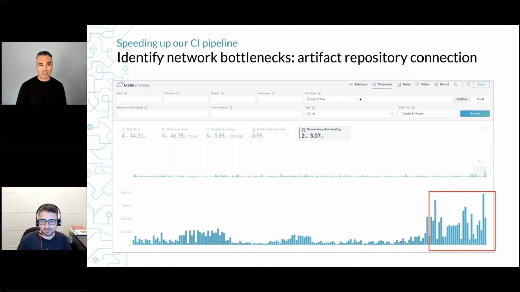We're looking at the build performance dashboard again. All the CI jobs in the last 7 days. And this time we're viewing dependency download times. It's telling us the average is 2 minutes, but something happened here. These blue bars are CI jobs, and the dependency download time for some of these is around 26 minutes. So Doron, what happened here? What was the issue, and how did you